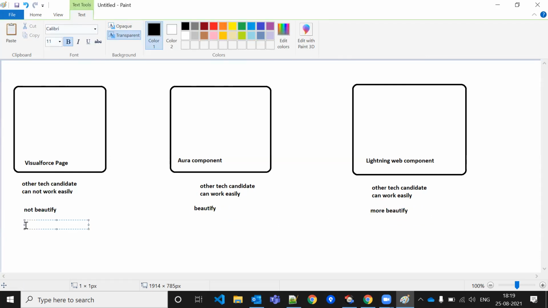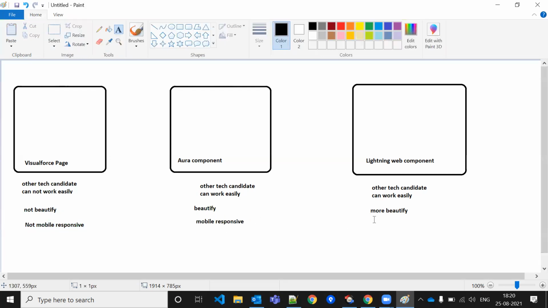It's not dynamic, and here it is dynamic. Not mobile responsive, and here it's mobile responsive.